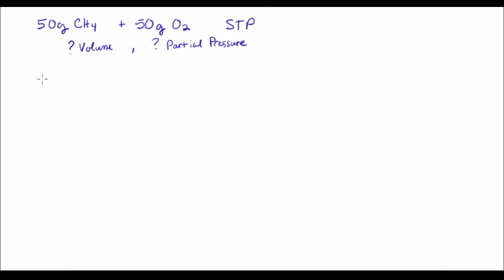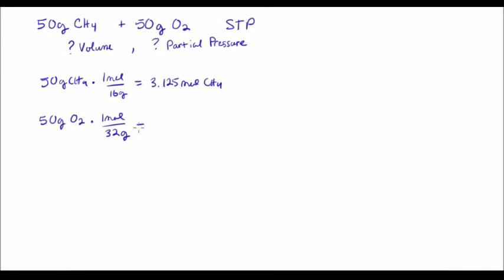So let's start here with 50 grams of CH4. We take our molar mass of CH4, which is going to be approximately 16, so say 1 mole over 16 grams, and that's going to give us 3.125 moles of CH4. We do the same thing for oxygen, and that will give us 1.563